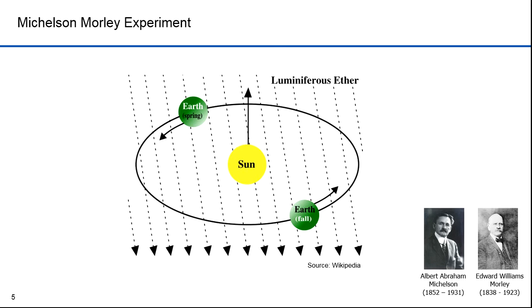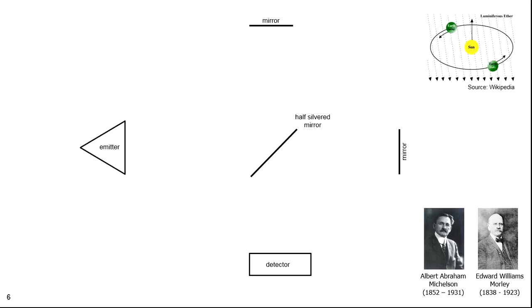Two experimenters, Michelson and Morley, sought to measure the effects of the ether. The Earth spins and orbits around the Sun. That's enough motion to cause changes in the direction of the relative flow of the luminiferous ether. If the theory held, then it should be possible to observe the effects on light. Light would travel slower when the Earth's motion is going with the luminiferous ether and faster when traveling against.